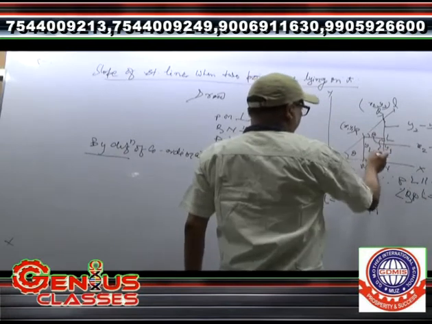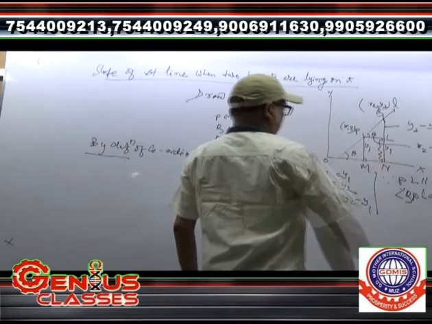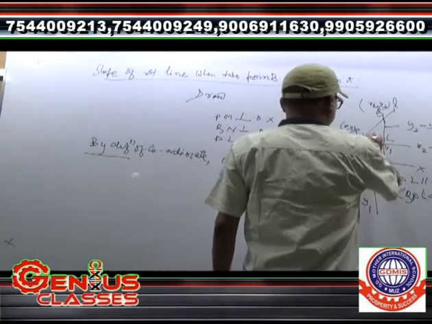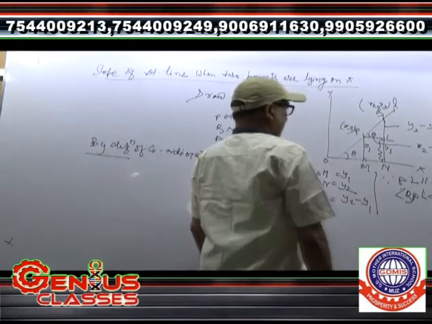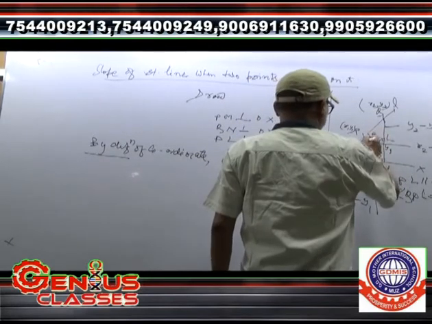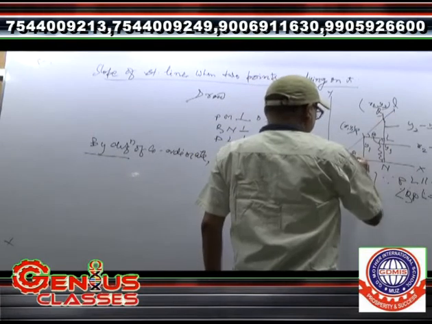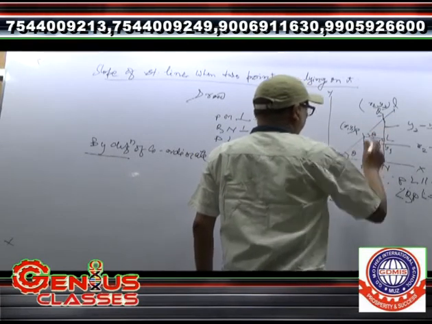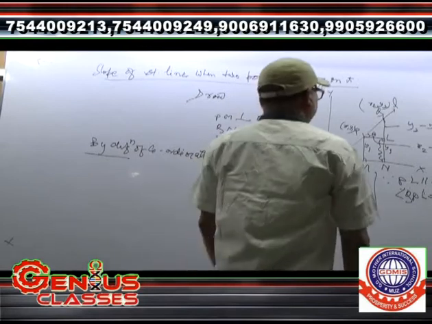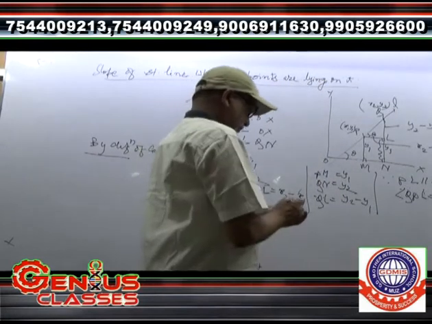Since PL is parallel, this 90 degree and this also 90 degree. So since PL is parallel to X, therefore corresponding angles are equal and L is transversal, therefore the angle theta will be theta. Now from triangle QPL,